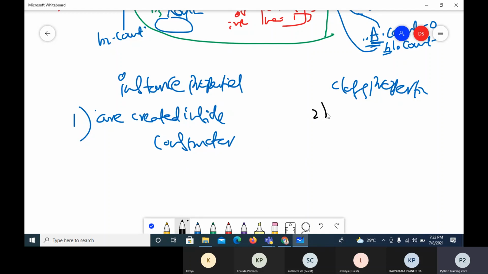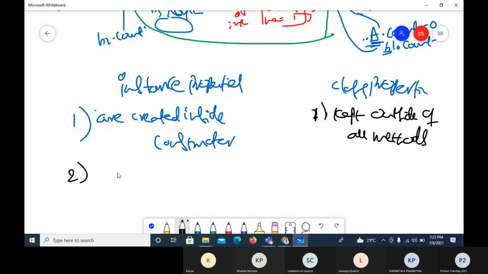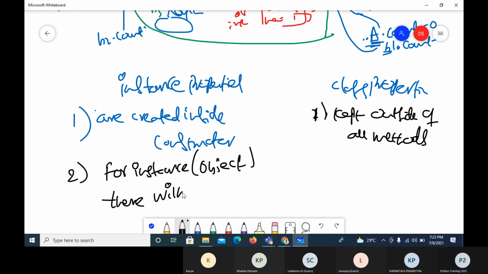The class properties are kept outside of all methods. For every instance, meaning object, there will be a separate copy of the instance variable.